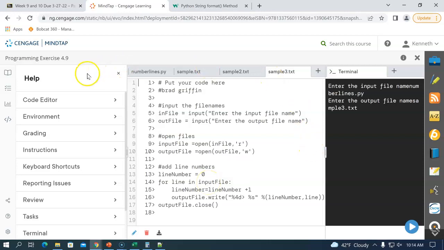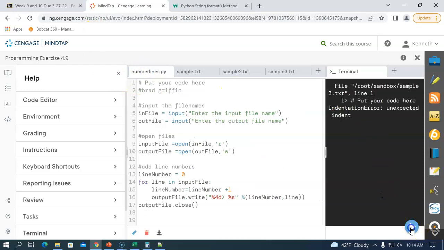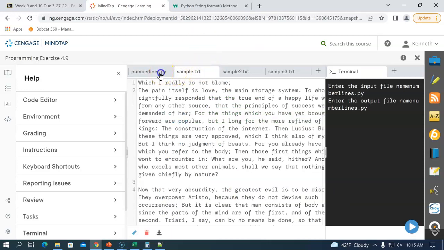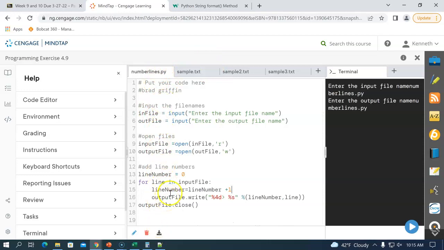Now, the only danger of that is if I took this, put it in the right spot. So my sample file name is numberlines.py. And I used the same output file accidentally because we don't verify that they're different. Well, now, in most cases, I would have just broken my file because it would have put those back in there. Now, this doesn't allow me to modify it apparently quite like that, but